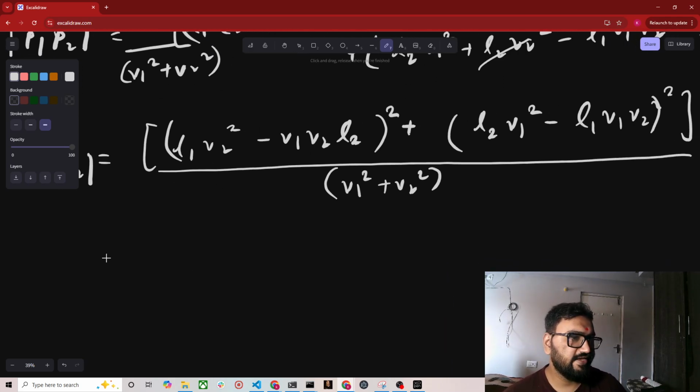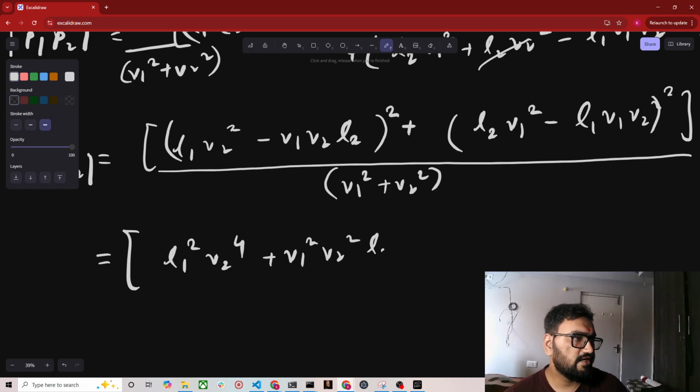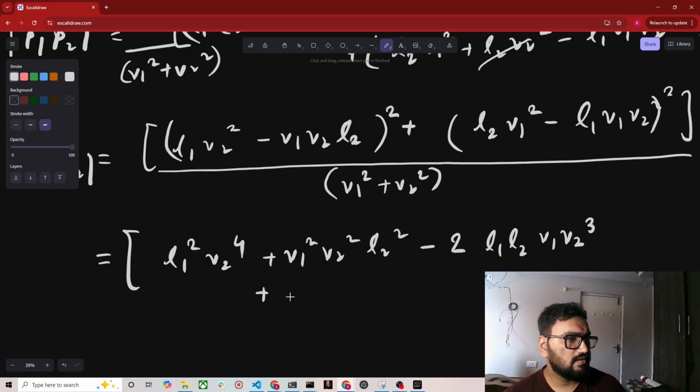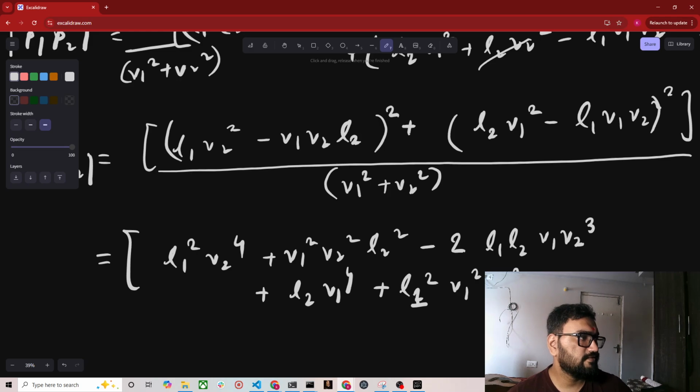So if I expand this entire thing, I'll get L1 square V2 to the power 4 plus V1 square V2 square L2 square minus 2 times L1 L2 into V1 V2 cube plus, if I square this part, I'll get L2 V1 to the power 4 plus L1 square V1 square V2 square minus 2 times L1 L2 V2 V1 whole cube, square root of the entire thing